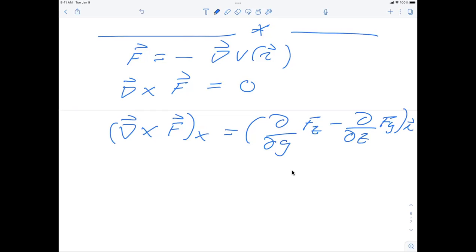And then you would have similar expressions for the curl of the force in the y direction and in the z direction. So these are the quantities you now need to look at